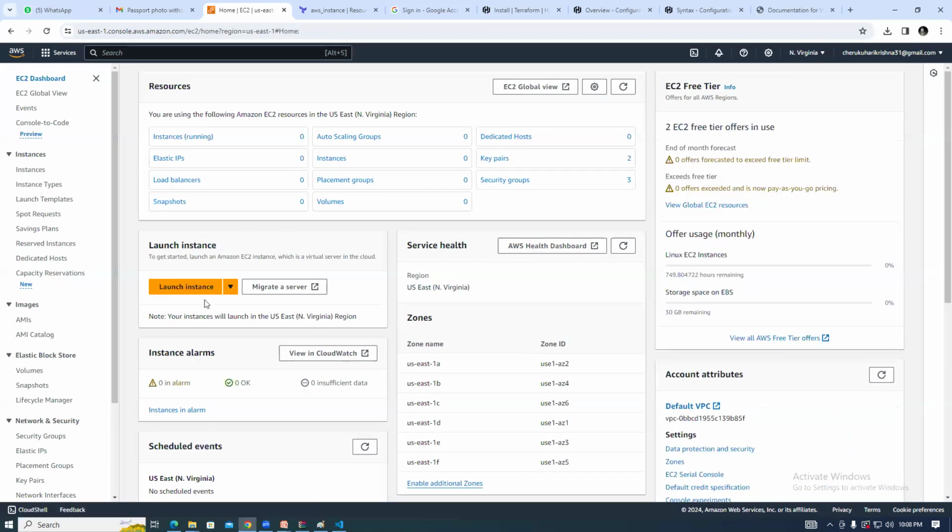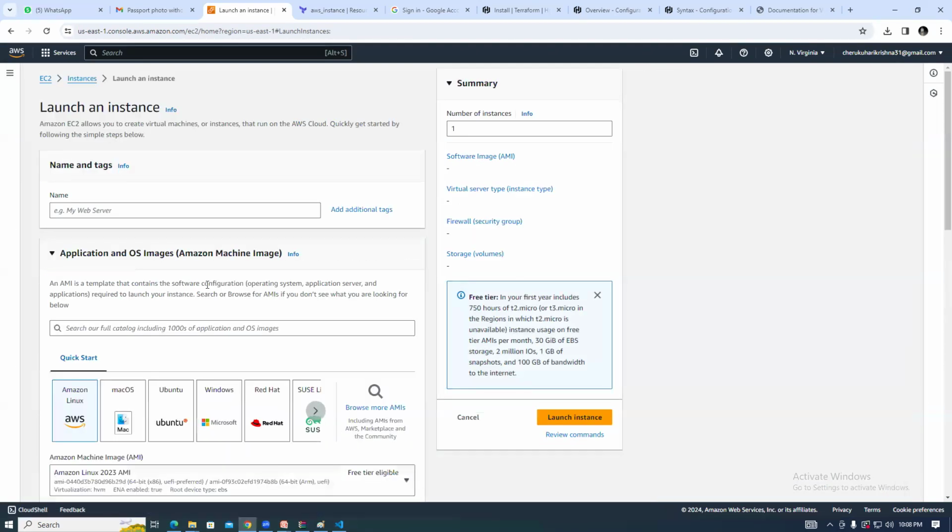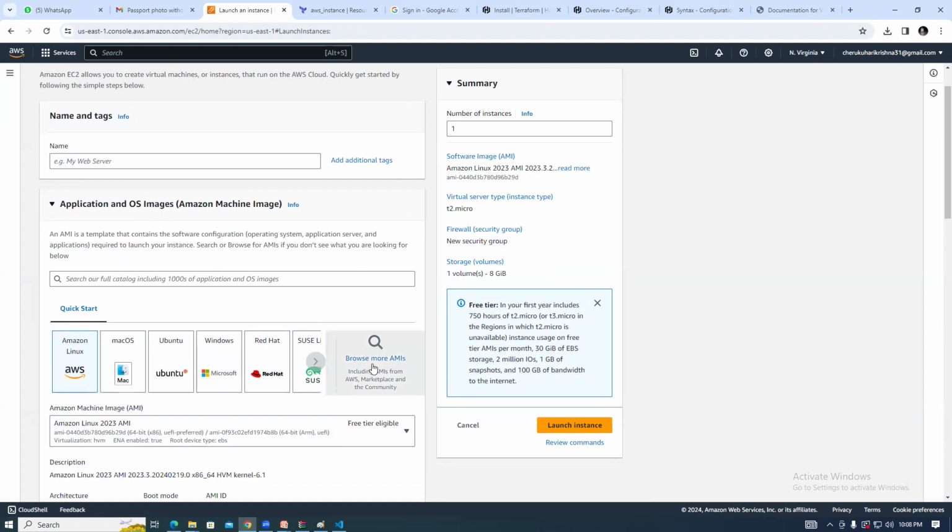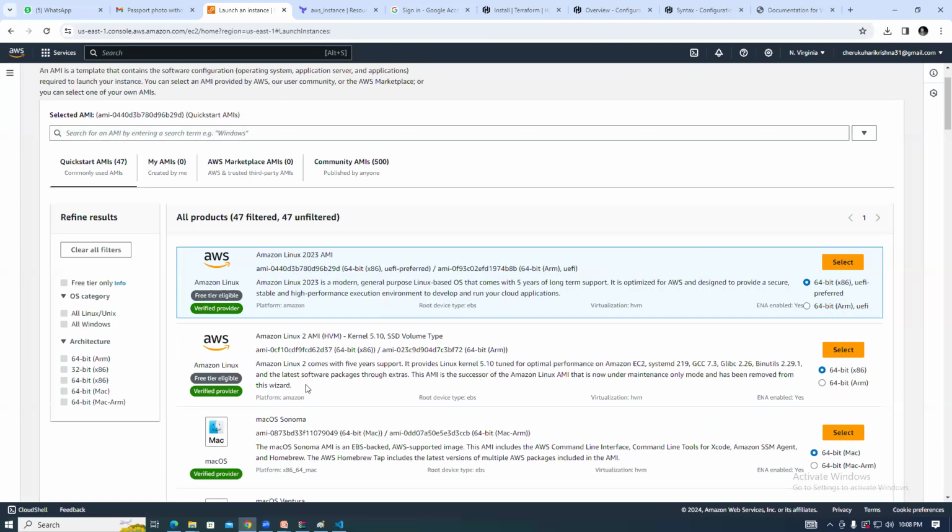So then, to launch the instance, we'll go to Launch Instance. Then you browse the AMIs, and then you take the 64-bit one. So this is the AMI ID. This is the AMI ID. You need to provide